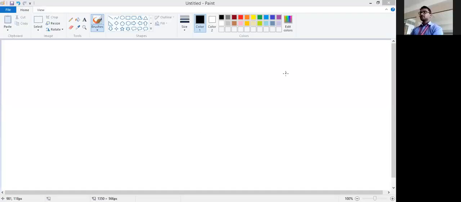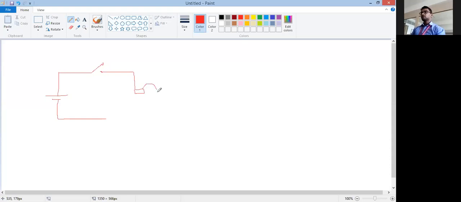As you can see here, when the screen is shared, let me take one diagram. Suppose this type of connection is there, in which a DC supply is connected like this, and here one bulb is there.